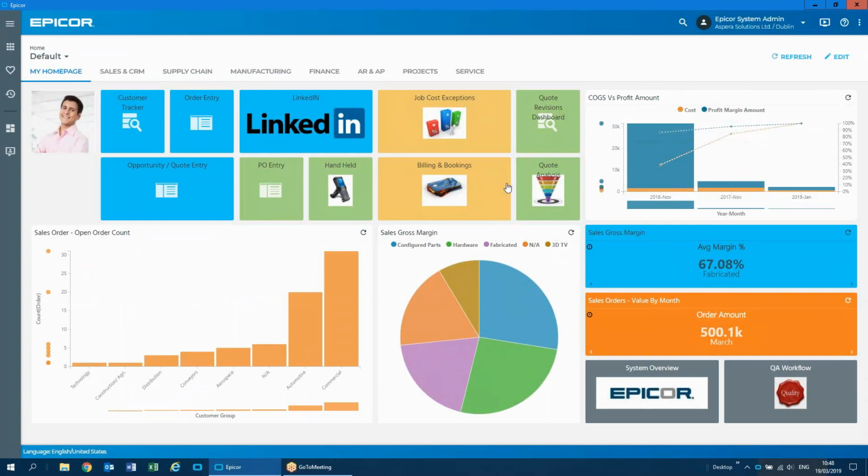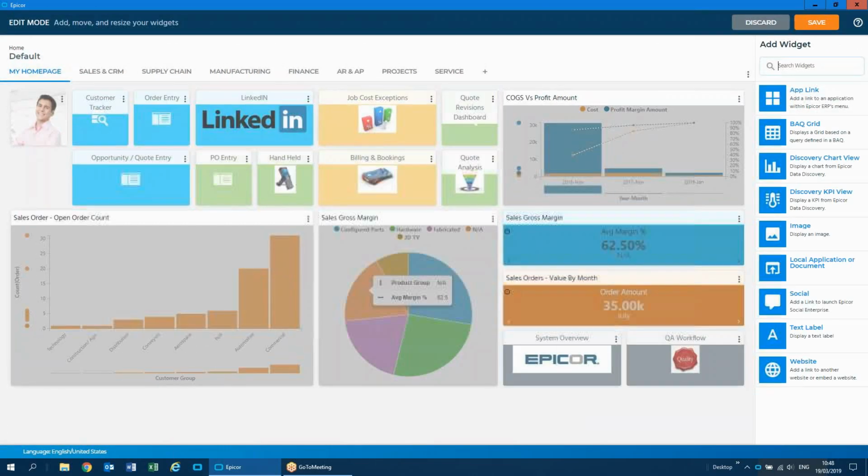So just looking at my home page here, actually, if I wanted to modify my home page, it's very simple. There's an edit feature up here, so I just click on that, and it brings up this little menu here on the right-hand side. So what do I want to add? Like a link to an Epicor form within the application, a grid like the task list that we saw on Scott's homepage, or a chart view like the little analytics that I've just been working on, an image, a local application or document for external components, social for instant messaging and collaboration, text labels or websites with tiles linking me